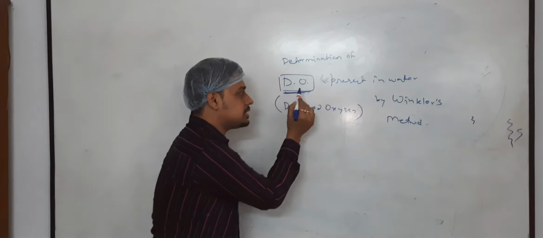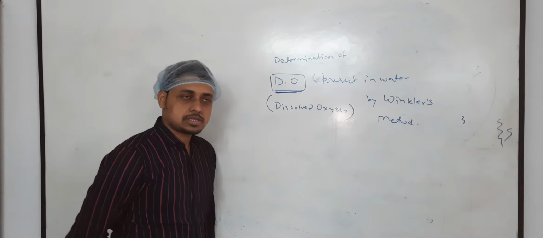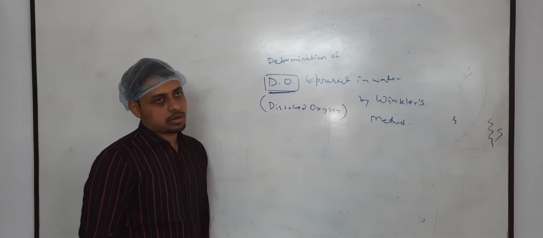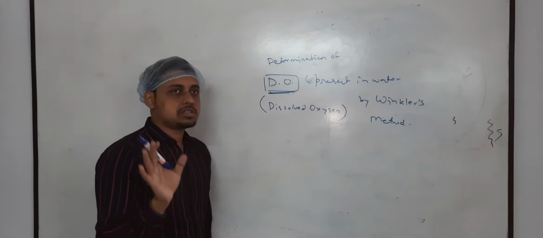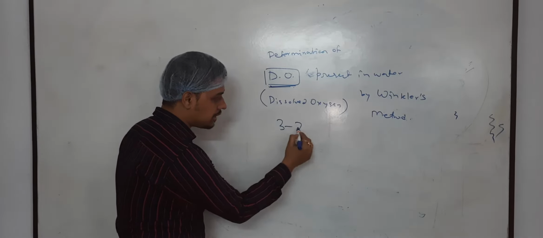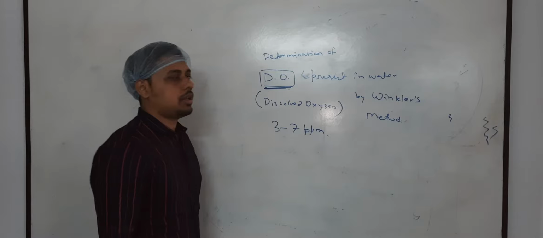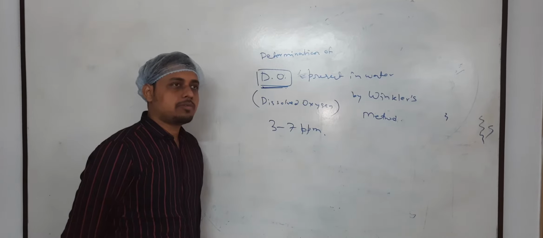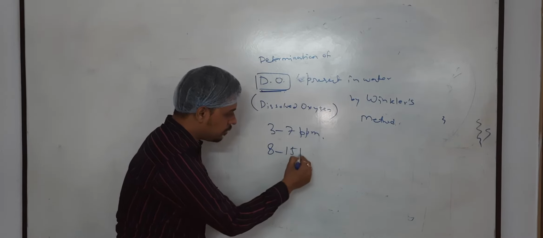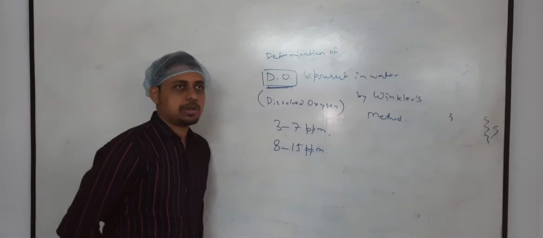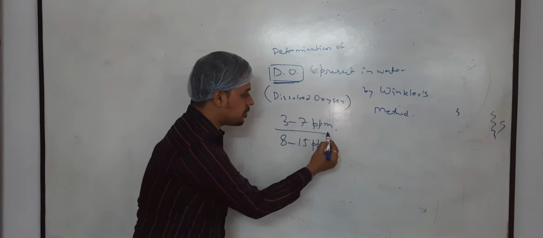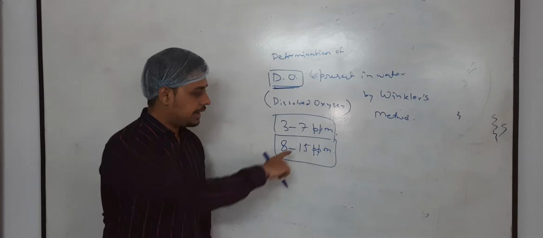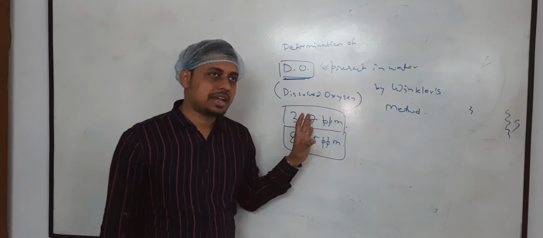So dissolved oxygen is the only source of oxygen for aquatic plants and animals, but we also need an adequate amount of dissolved oxygen in our drinking water. Obviously, there will be a fixed range. For domestic water, dissolved oxygen ranges from 3 to 7 ppm. For drinking water, it will be between 4 to 5 ppm. And for aquatic plants and animals, the range is between 8 to 15 ppm, parts per million. So for domestic use the range of DO is 3 to 7 ppm, for aquatic plants and animals in any water source it is almost 8 to 15 ppm, and for drinking purpose it will range from 4 to 5.